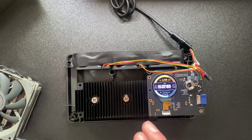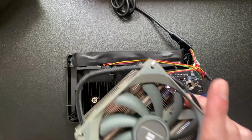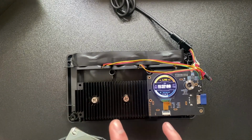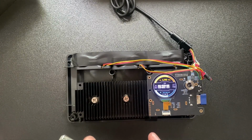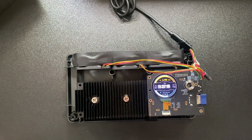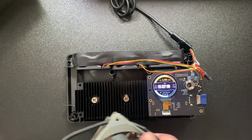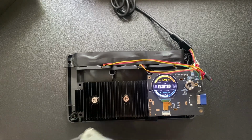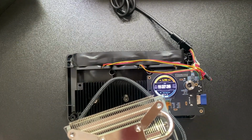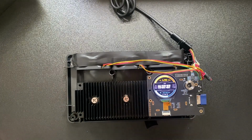So the reason that we're using this one as well, because it's 12 volt, this is what we can run on the Node-QX. So we're going to have that running side by side and then up the fans to 100%, which you'll kind of see what we're doing now, but I'll overlay what we're doing on the computer as well whilst we're also doing this. So first thing we need to do is to grab the Node-QX++,